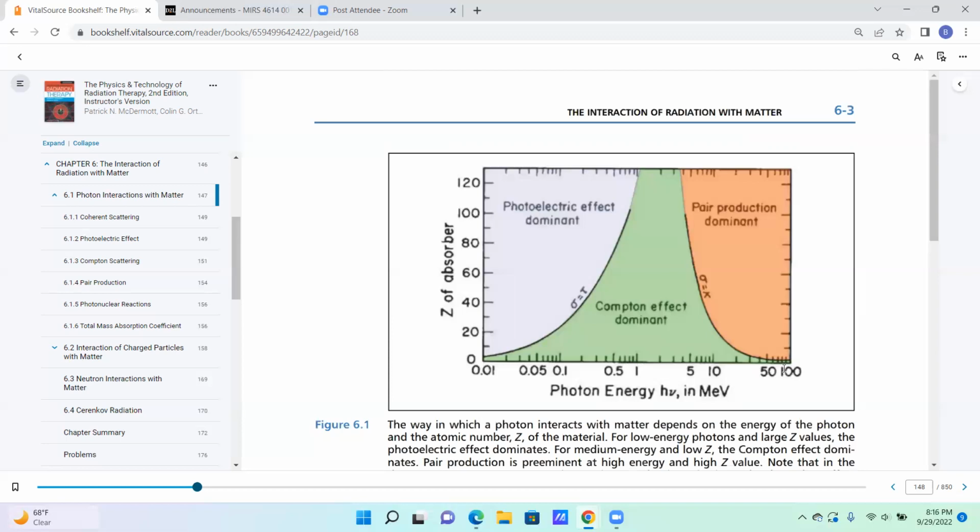At the higher energies, not that I've seen anybody use a 50 or 100, but at the higher energies and the higher atomic numbers, you're going to see pair production dominate. But still, if it's a low Z material, you could still have a domination of the Compton effect. You can see here within this range up to about right here, you're going to see the Compton effect be the primary thing that you're going to